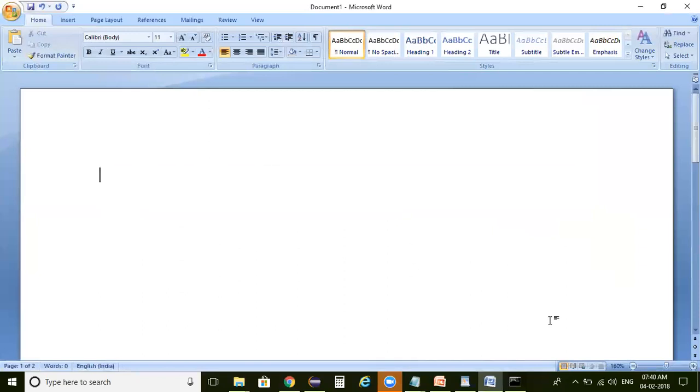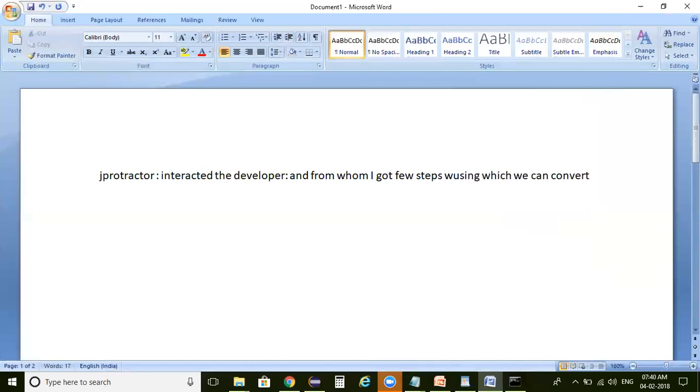So what you can convey whenever you are attending an interview is that you extensively did R&D in order to generate the jProtractor jar file. What I did in this scenario, to generate this jProtractor jar file, was try a hell of a lot of ways. I didn't identify any solution, so I interacted with the developer who created this code, and from him I got a few steps, using which we can create a